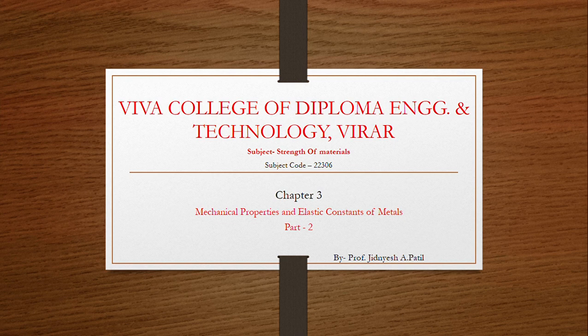In the first part we have already studied the basic concept of mechanical properties and the definitions, and we learned what is linear strain, lateral strain, and Poisson's law. We also solved the numericals based on the uniaxial stress system, the bulk modulus, volumetric strain, etc. So in the second part we are going to study the biaxial stress system.